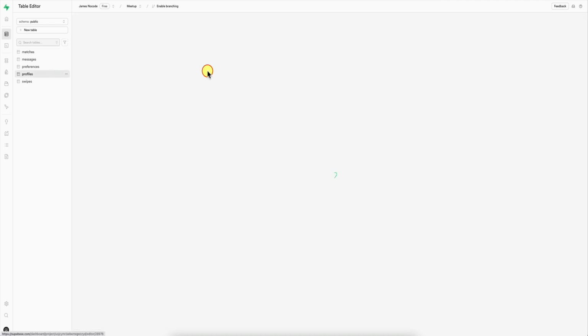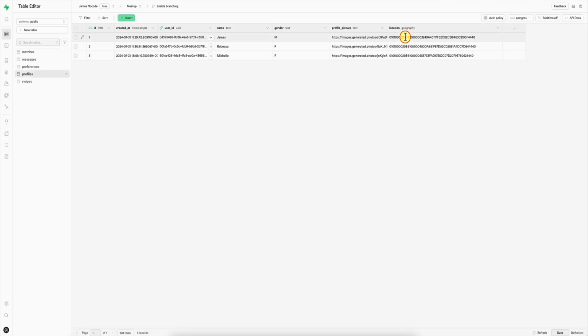So remember, in our profiles, we are storing this special field using that special extension, this geography field. And the thing about this geography field is that when we are encoding the coordinates in it, we can do all kinds of interesting logic and operations. But what we cannot do is directly select the fields. From FlutterFlow, we can just select this field and figure out the coordinates and then simply pass them